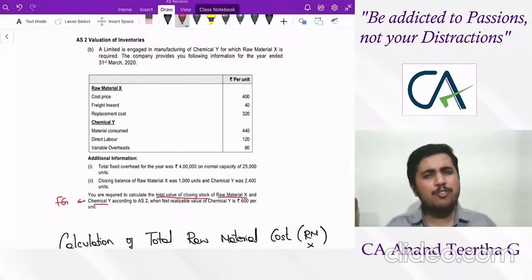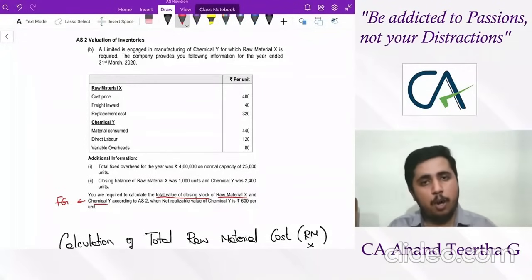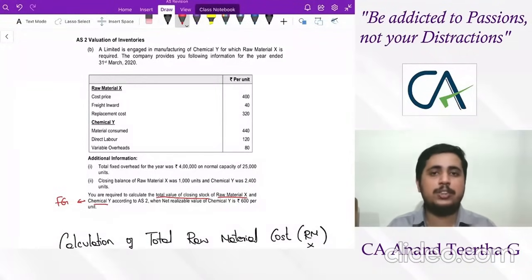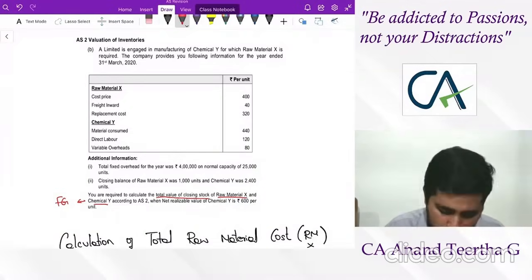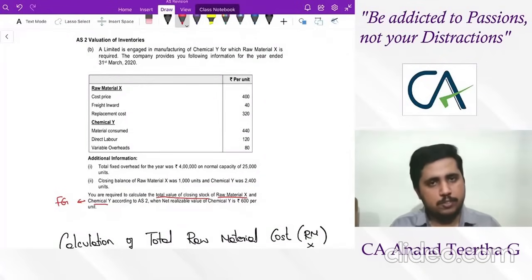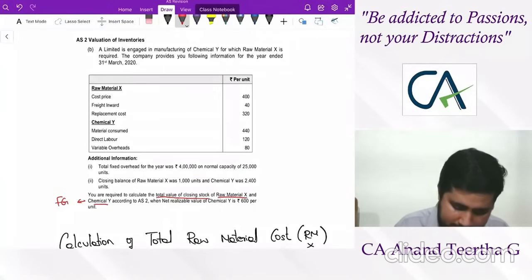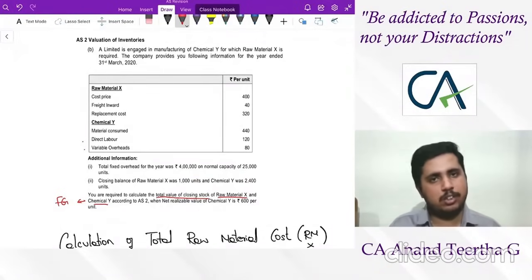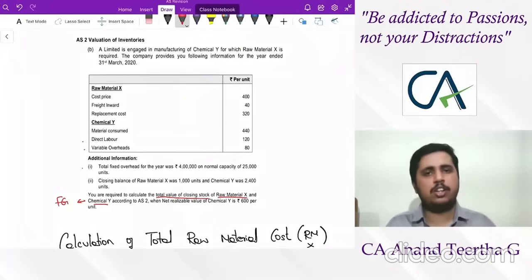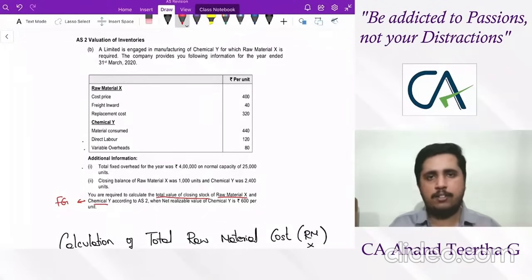First thing we normally do is go with finished goods valuation, then raw material, because in raw material, one of the conditions is finished goods are sold below cost. So first, let's go with the finished goods requirement. Finished goods cost: how do you calculate? Cost of purchase, cost of conversion, other cost. Raw material cost is cost of purchase; labor and overhead are cost of conversion. Even fixed overhead is cost of conversion. There is no other cost in the question, only cost of purchase and cost of conversion.